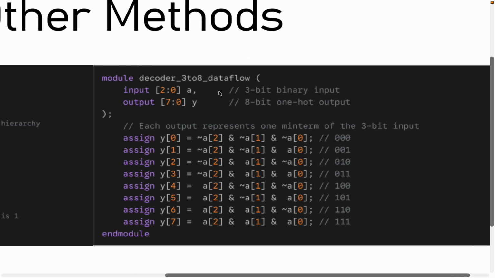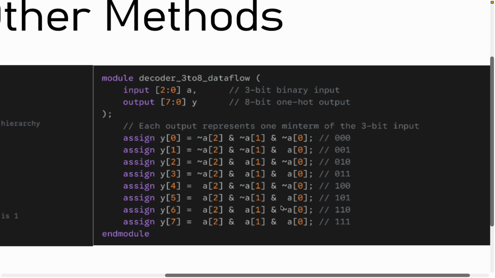Module decoder 3:8 data flow model. Here what we are going to do is, based on the inputs, we'll give them the order. See here, how will you know in a simple way? If I'm getting a 3-bit input and an 8-bit output, I want to know, this is for the decoder I'm talking about, not the encoder. This is a decoder. How can you write a decoder using a different method? I have my output here, and I'll tell that when I give my 3-bit input, if all the conditions are